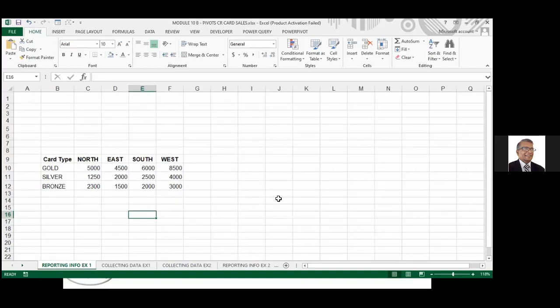A pivot report? What do you think? Every column has a heading. No blank rows. No blank columns. How do you find whether there are merged cells? What is the easiest way? Select the range and see whether this is selected. No. So no merged cells.